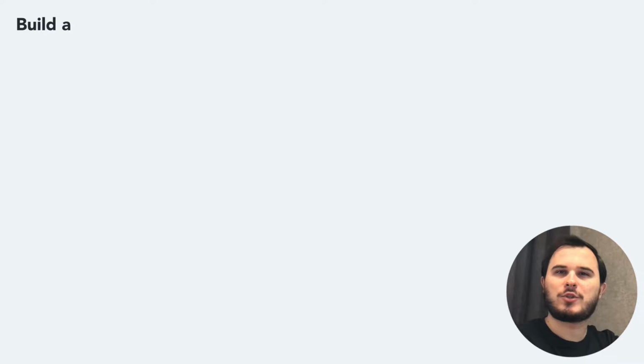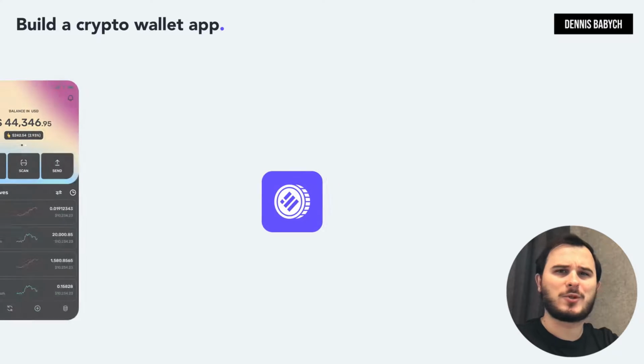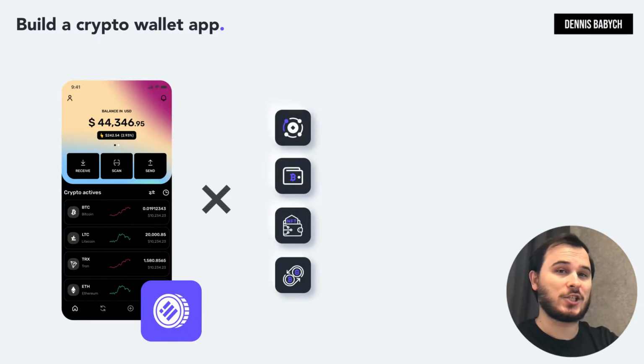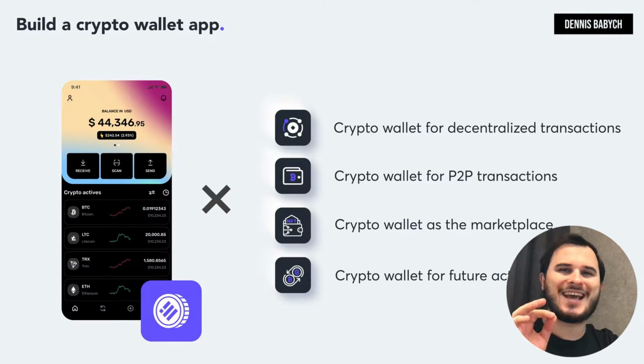Hey there, do you want to build your own crypto wallet? Perhaps you have a unique idea, something like a crypto wallet for decentralized transactions, a crypto wallet for peer-to-peer transactions, a crypto wallet as the marketplace, or even a crypto wallet as the initial gateway for future actions. Well, stay with me because I'll give you a step-by-step guide on how to do that quickly and save your